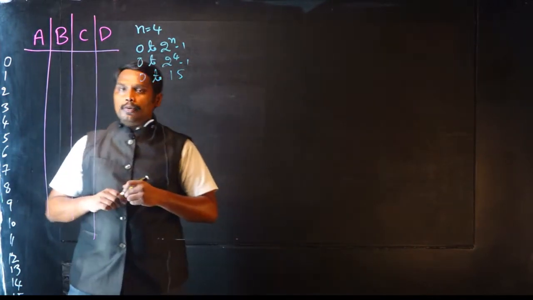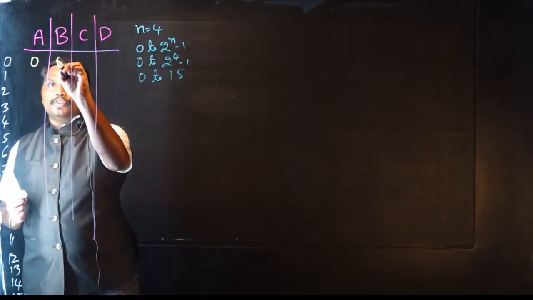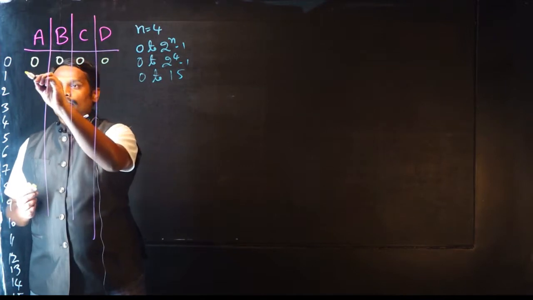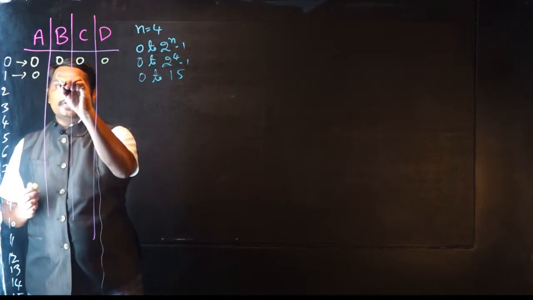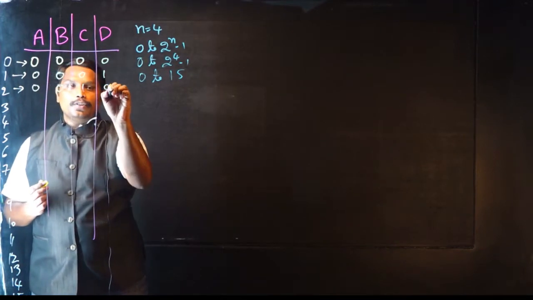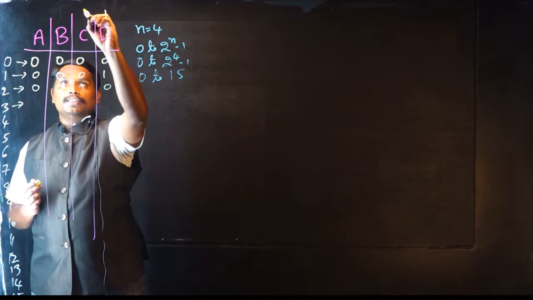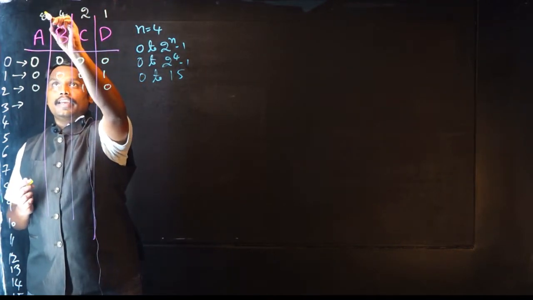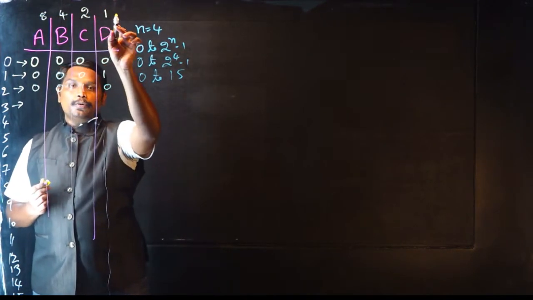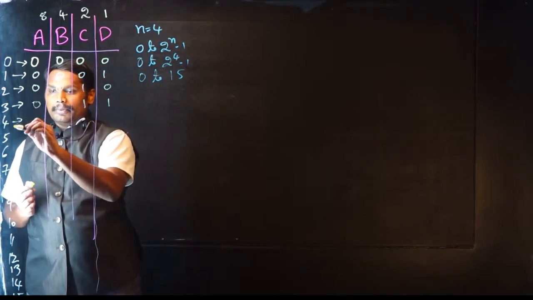And now we are going to see what the possible binary representations are. So you can see 0, 0, 0, 0 for 0, and for 1 it is 0, 0, 0, 1, and for 2 it is 0, 0, 1, 0, and for 3, you can say that this is a format of 1, 2, 4, 8. So in order to get 3, if you put ones over 1 and 2, you will get 3. Otherwise you represent with zeros.